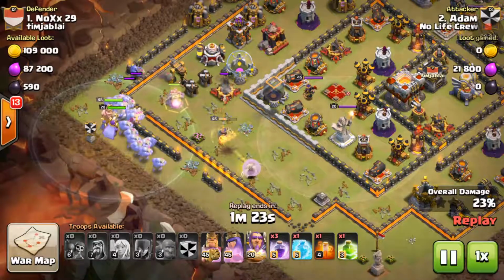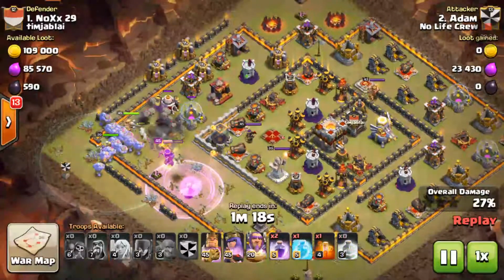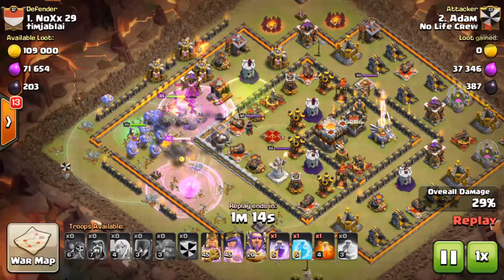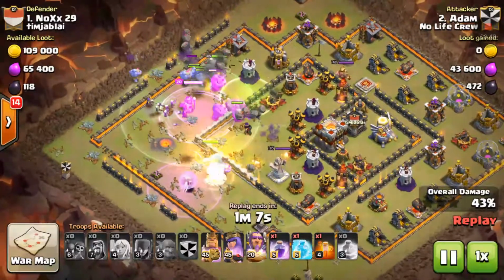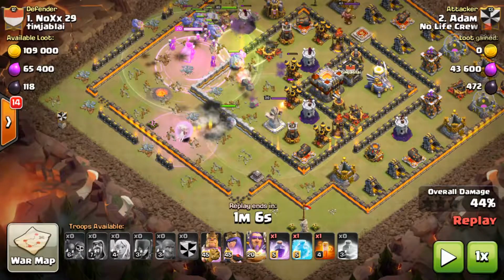A rage comes down on the archer queen to keep her up. She was taking some heat because, like I said, that expo switched over. Nice and patient with this last rage spell that I have. So rage spell comes down on the troops. A couple bowlers are going to jump in and take care of the enemy queen. And notice here, guys, this is what I wanted to happen. My queen